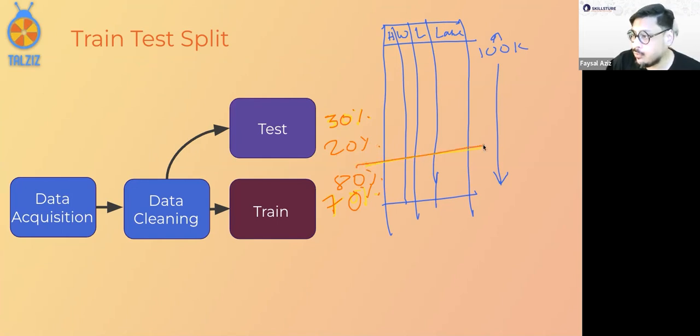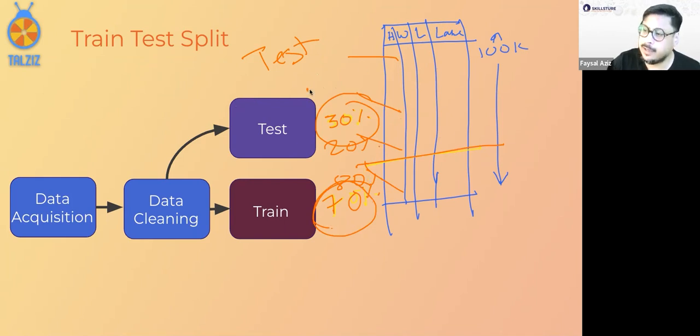Now, the split is not straight off from here. It's a random split, which means you randomly choose 30% of the data, very randomly, and you set it as test data. You completely remove that 30% or 20% of the data. Let's say 30%, this is usually the most common. 30, 70 is the most common. You split out the test data and you forget about it. You forget that this data ever existed, just randomly chosen records removed.